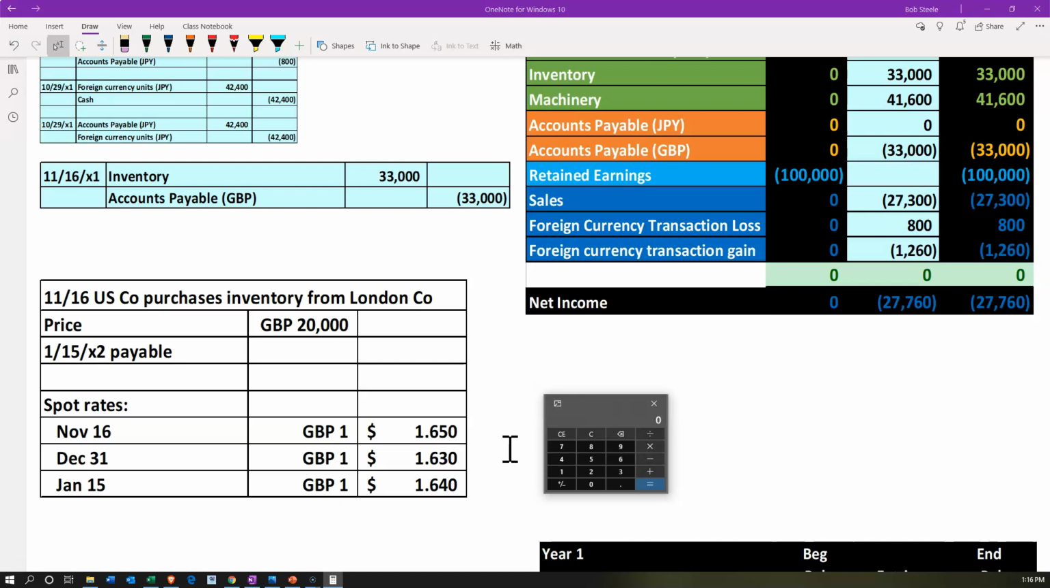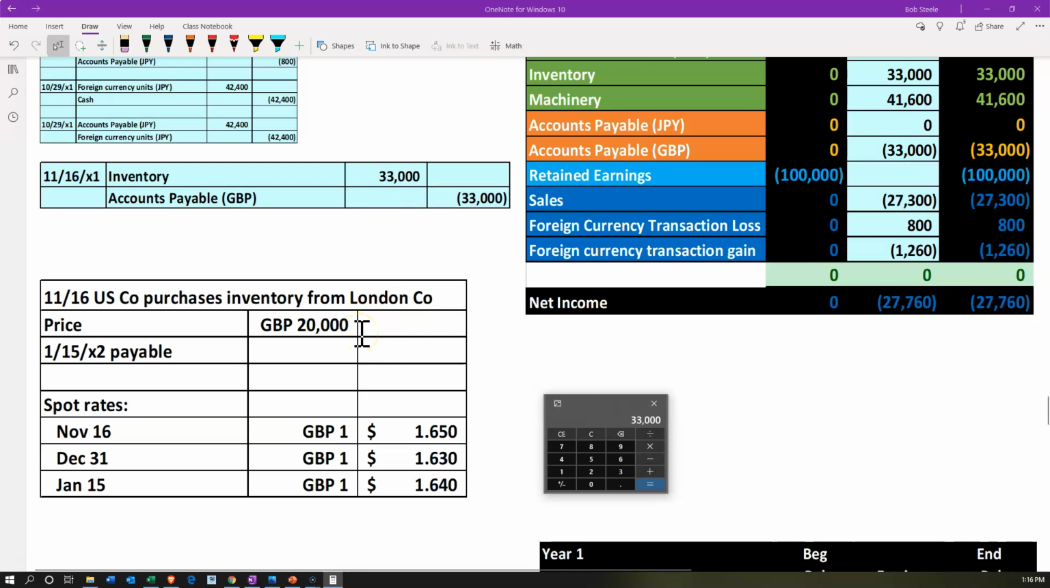So we're going to say we got inventory, so that's going to be 20,000 pounds that we're going to pay in the future times the current spot rate, which is 1.65. So 1 pound is equivalent to $1.65. So that's going to be 33,000 on the inventory. So the inventory is on the books, measured in US dollars, 33,000, when we're actually going to be paying 20,000